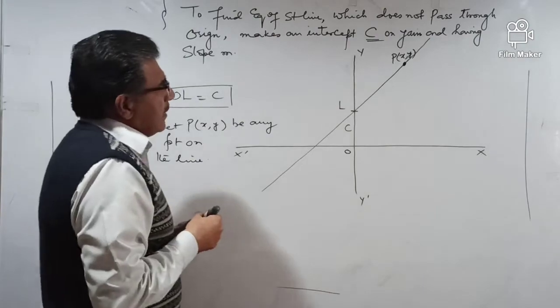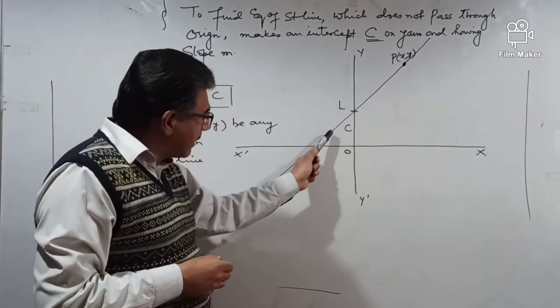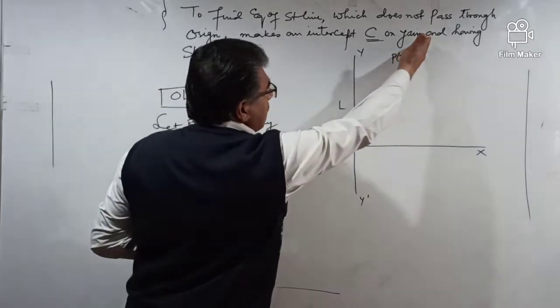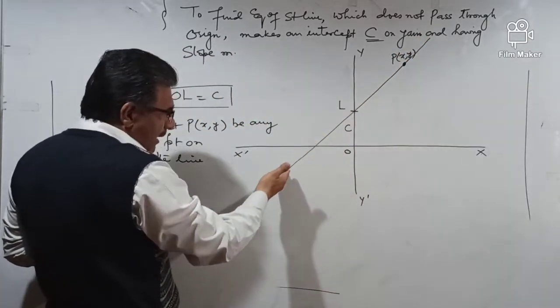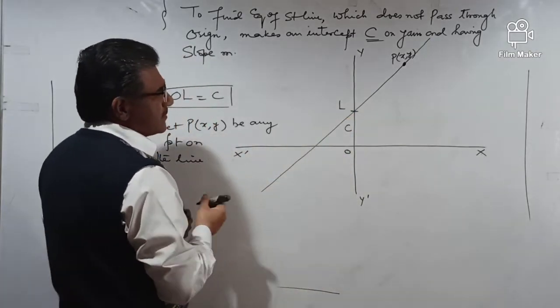Okay? What is this point? This is the moving point. Actually इसी point से ही line बन रही है और ऐसे ऐसे ऐसे move कर रही है. Point ऐसे move कर रहा है और line बन रही है, लेकिन line origin से नहीं गुजर रही है. Line एक intercept बनाती है C on the y-axis.